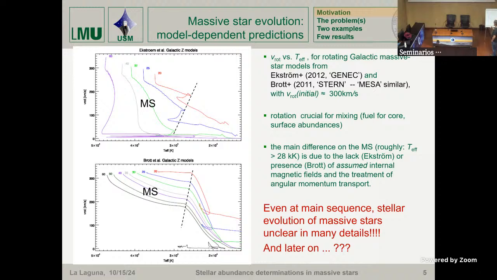First, for the specialists here, the main difference on these model grids is due to 2 points. Namely, at first, in the lower one, internal magnetic fields were assumed, adopted, whereas this here is more or less free of magnetic fields, but more important